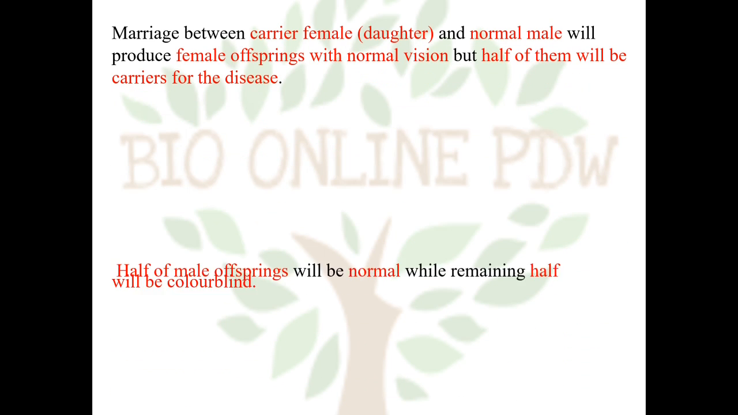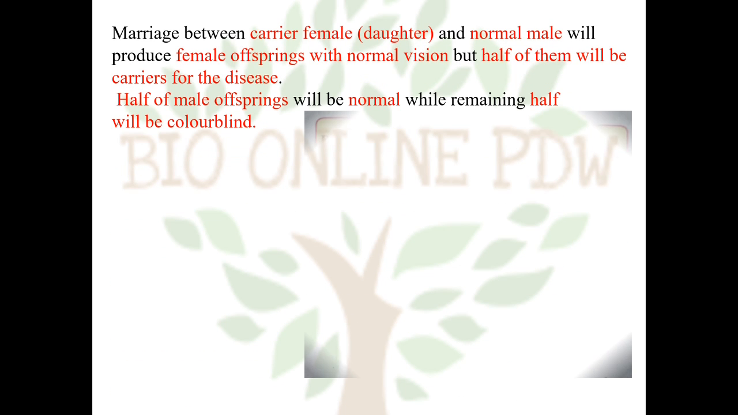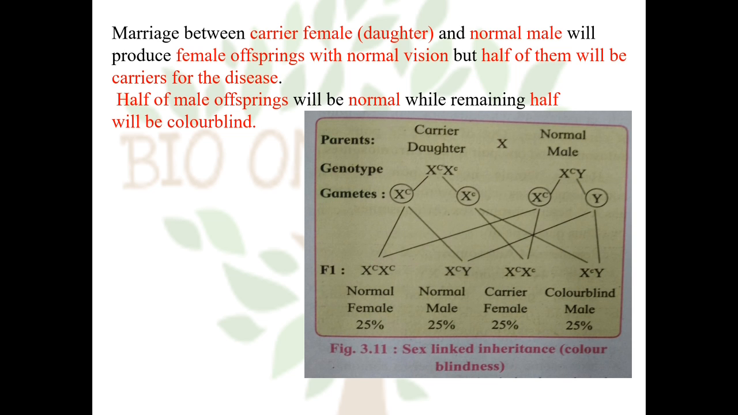Second, the marriage between the carrier female and normal male. The carrier female or daughter shows genotype X^C X^c, and the normal male X^C Y. When one gamete from the carrier daughter, X^C, fuses with the gamete from the normal male, X^C, it produces a normal female, 25%. Again, when the same gamete X^C fuses with the Y, a normal male is produced,